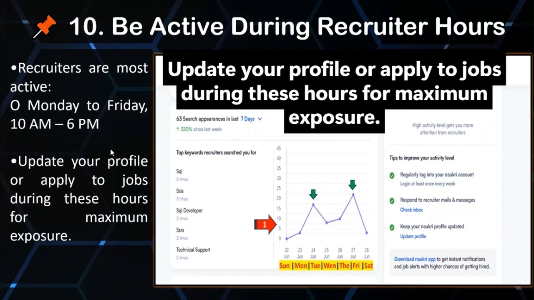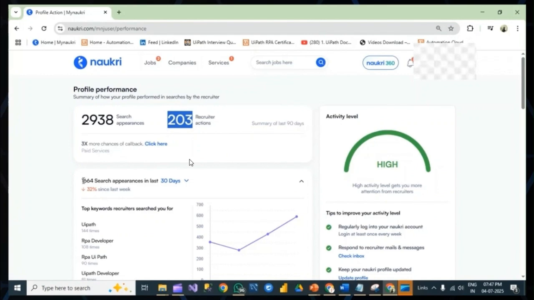And once your searches increase, then recruiter action will happen with your profile. Once the recruiter action happens, your resume will be downloaded, and once your resume is downloaded, you will get a call for an interview, or your interview will be scheduled. This is one profile